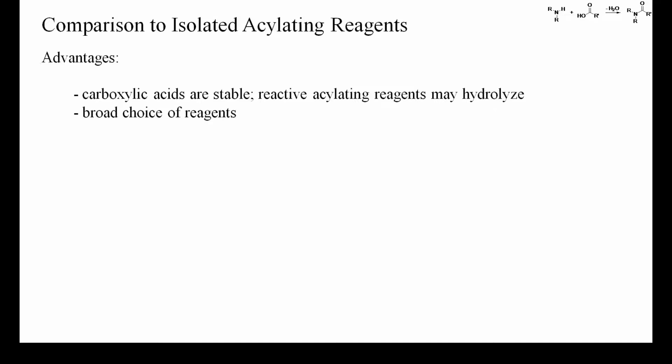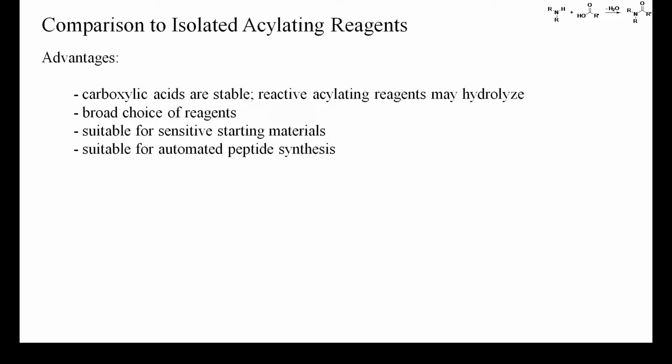Moreover, today a broad choice of activating reagents is available, covering a wide range of reactivities. In situ activation can often also be applied to carboxylic acids that contain functional groups incompatible with an electrophilic acyl group. One such example would be the protected multifunctional amino acids used in automated solid-phase peptide synthesis. Disadvantages include the high price of some of these reagents and that some of them generate a lot of waste.